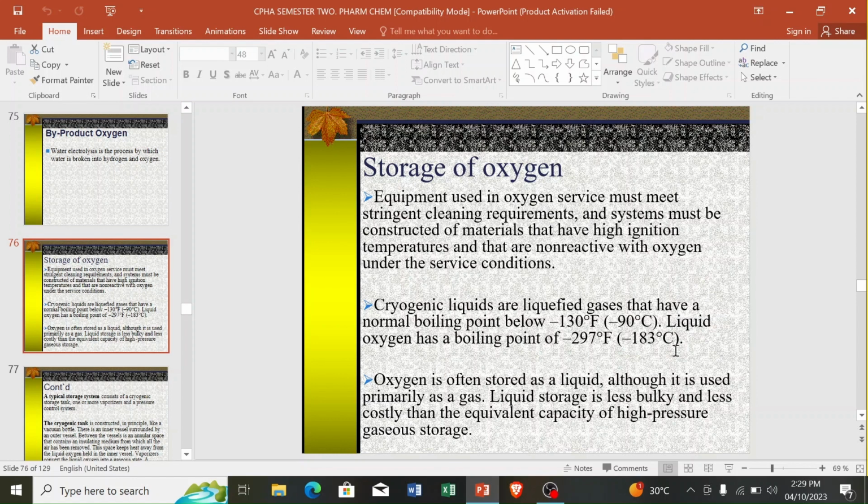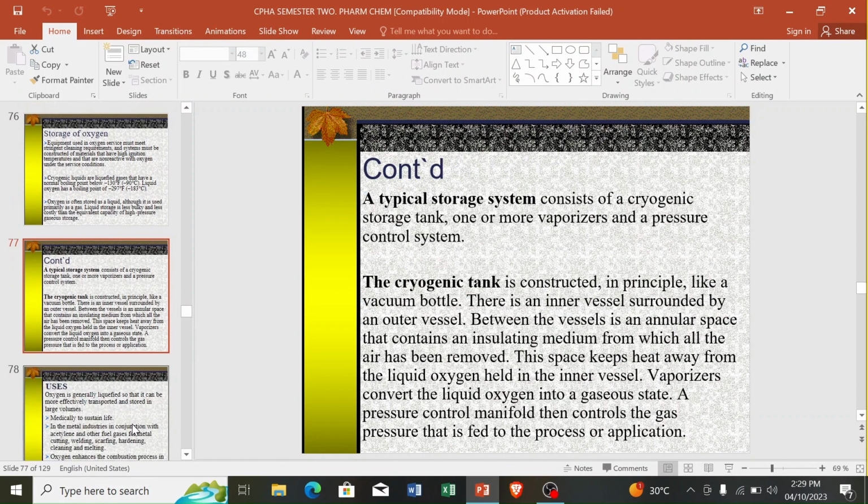So we have liquid oxygen, and it is the one that we can easily store. And for it to be liquefied, it has to have this specific boiling point that we have here. We need to know the normal boiling point and when it is in liquid form. Oxygen is often stored as a liquid. Although it is used primarily as a gas, liquid storage is less bulky and less costly than equivalent capacity of high pressure gaseous storage. A typical storage system consists of a cryogenic storage tank, one or more vaporizers, and a